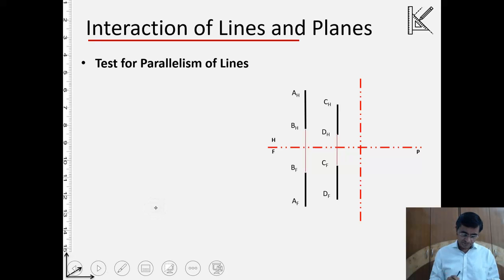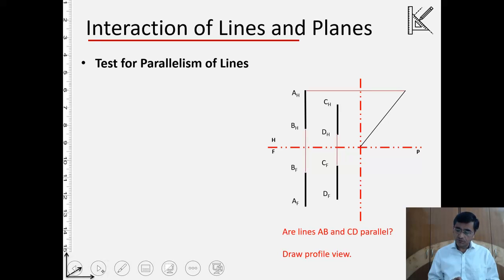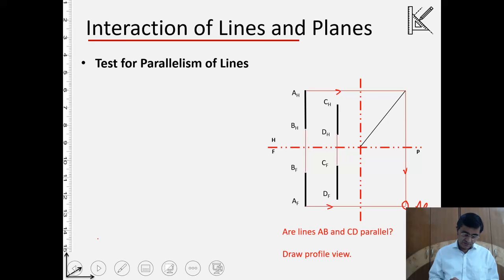Let us see this by drawing the projectors and using the middle line from the horizontal and the frontal plane to generate the profile view, or the projection of these two lines on the profile plane. So let's do it. This is the middle line. From point A we go to the middle line, and we are going to the profile from here. Again from A we are drawing the projector. So these are the projectors, they meet over here. So this is AP. Same thing I will do for B.